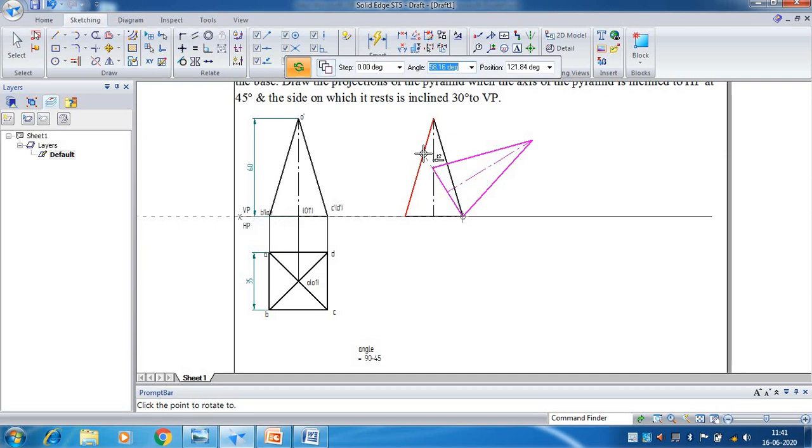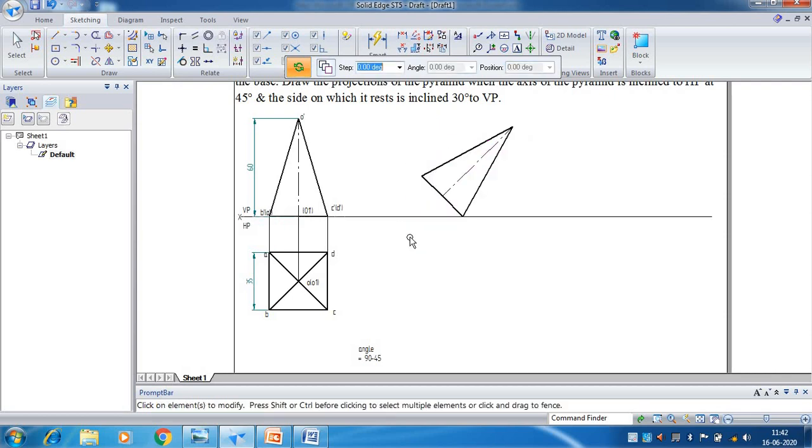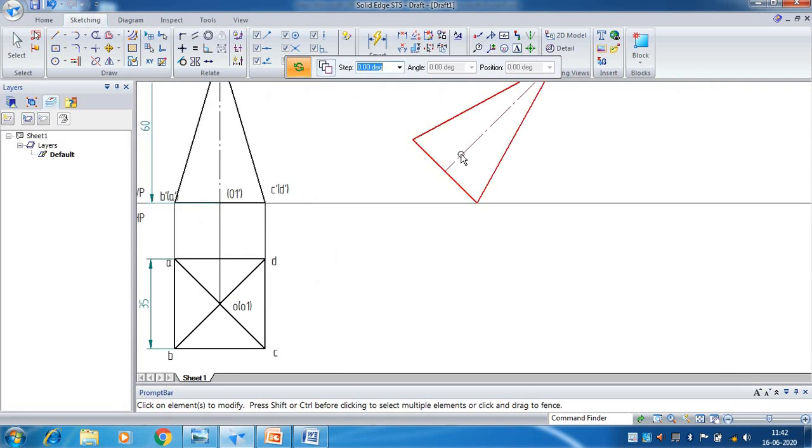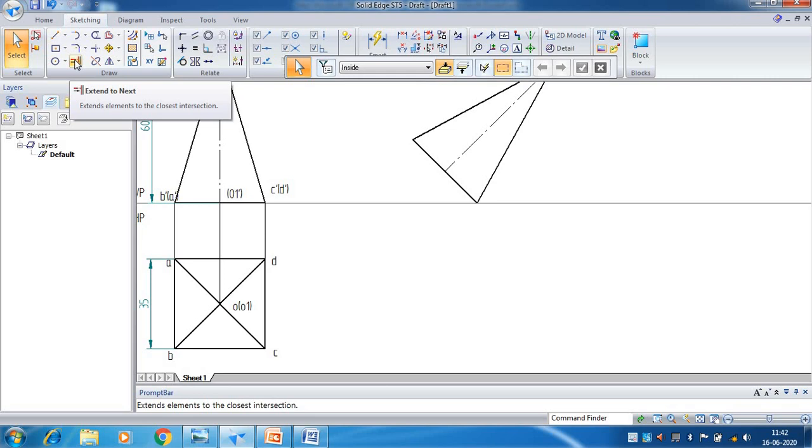If the angle with respect to HP is 40 degree, then this angle is going to be 50. Give angle as 45 degree, press enter, and to place it just left click once. Now if you measure the angle between this axis line and XY line, it is going to be 45 degree. To extend this line up to XY, you can use extend to next command.